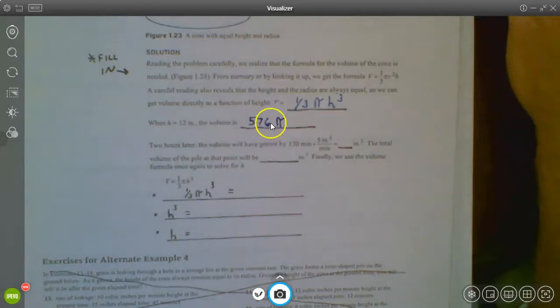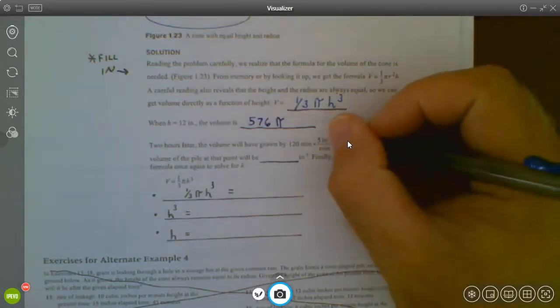This is what we started with for the volume. What will it be 2 hours later? This is the rate that they gave us, 5 cubic inches per minute. And this is going for 120 minutes or 2 hours. So here's our little conversion. So we're using our rate for 120 minutes. What would that come out to be? Or in other words, what is 5 times 120? So 600 would be our